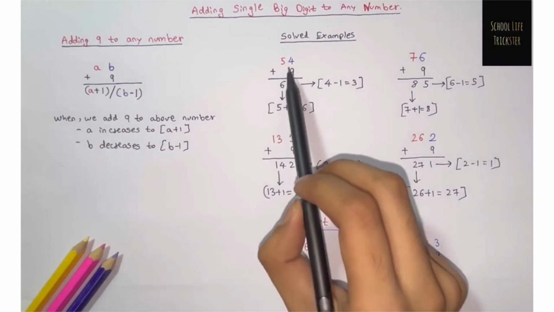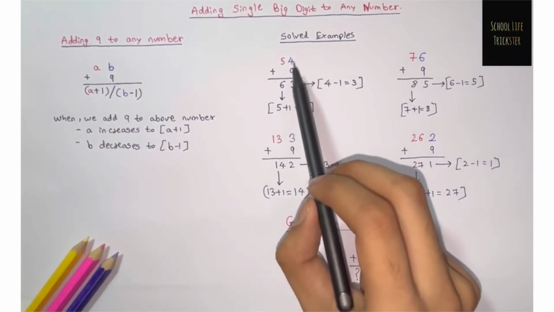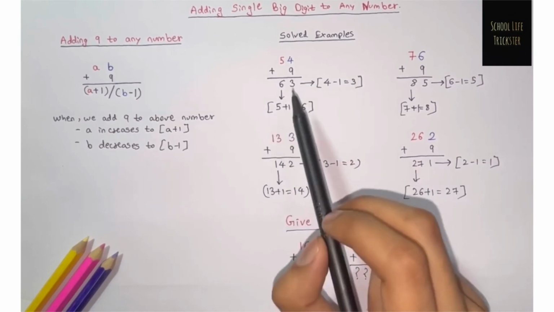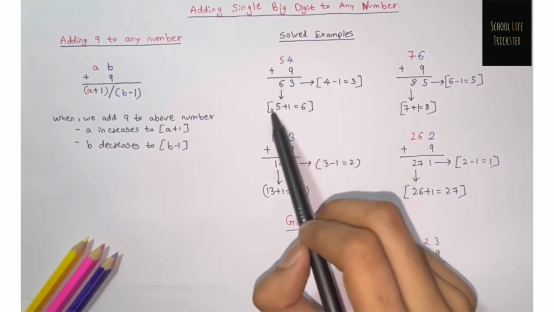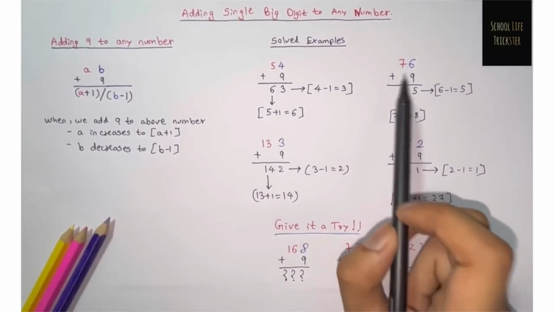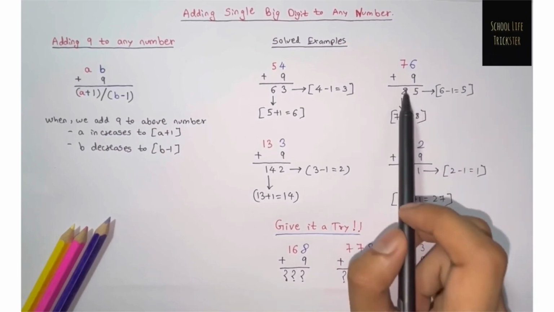तो यहाँ पे दिया है 54 प्लस 9 इक्वल टू 63। तो ये कैसे आया, तो जो b है यानी कि 4, तो 4 माइनस 1 इज़ 3, दैट्स 3, एंड 5 प्लस 1 इज़ 6। ये हमारा सेकेंड एग्जाम्पल 76 प्लस 9। तो इसमें क्या किया है, 6 माइनस 1 इज़ 5 and 7 plus 1 8,